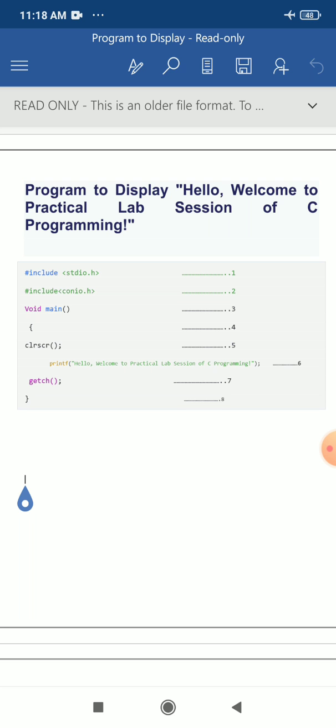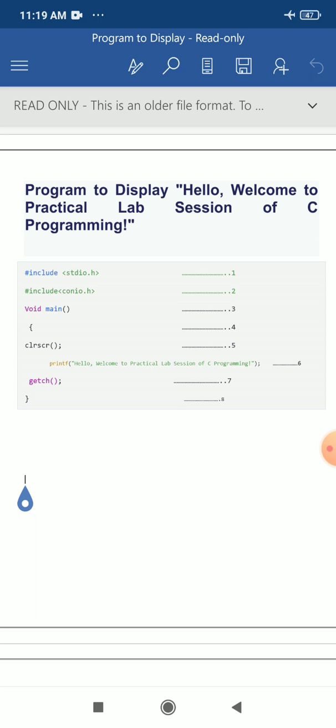Here I am writing the message "Hello, welcome to practical lab session of C programming." After you write this message, the printf function will display this message on screen. And then we have the getch function, to hold the output window. And in the eighth line we have the closing curly brace, which represents the end of the block.